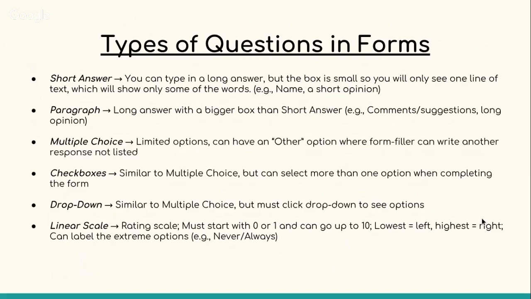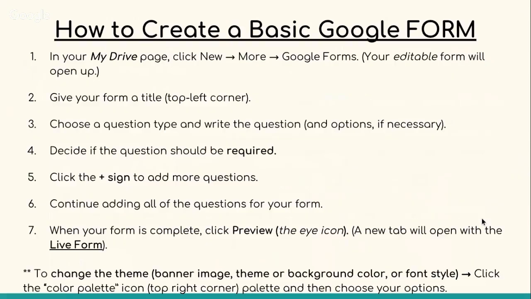Drop down, again, similar to multiple choice, but in this case, you click the drop down on the right-hand side to see the list of options. And then a linear scale. So it's like a rating scale that you might want to use to rate, for example, the fluency that the student is reading with, or the expression, or if you're doing a math form, maybe the description or the rating scale of how the student answered that question. The other thing is within multiple choice, you have the option to create a multiple choice grid question. I can show you that when we're creating a simple form soon,